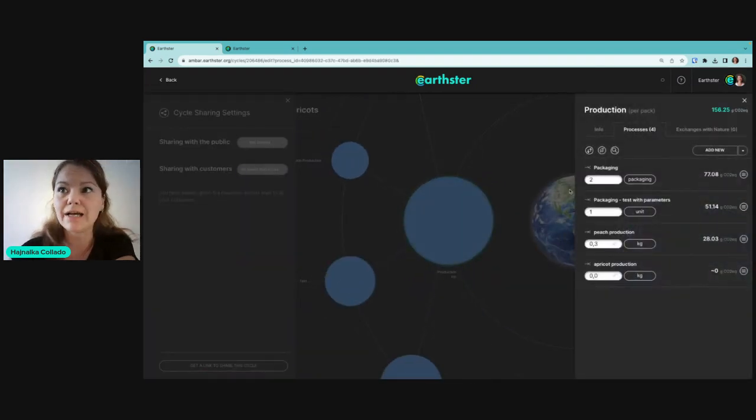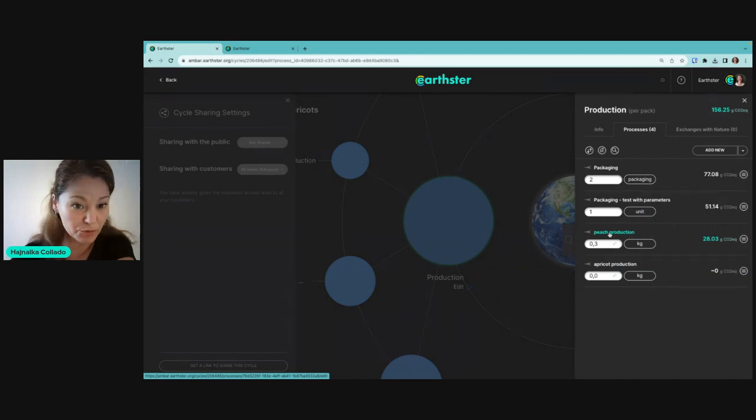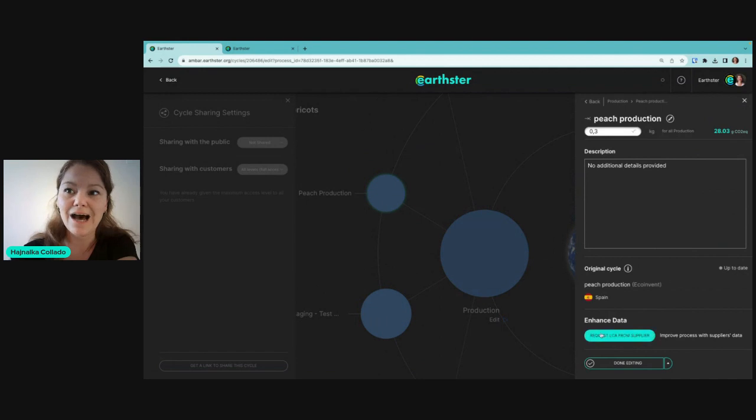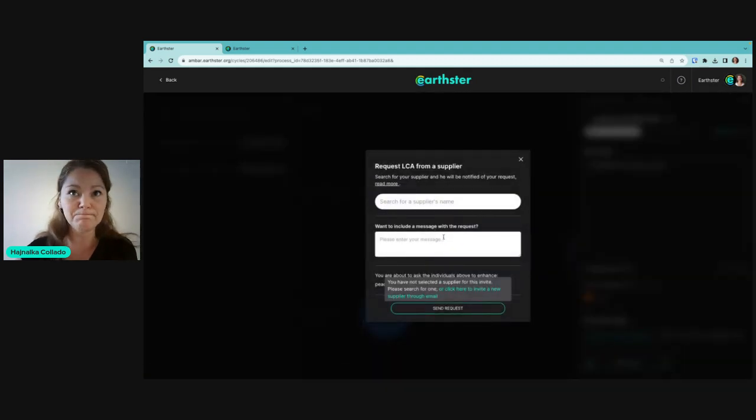And related to that, let's imagine I know the producer of the peaches well, and I want to know their real environmental impact because they are producing without fertilizers, they are using bioproducts, and my assumption is that their environmental impact would be much better. What I do is I request an LCA from them, fill out the email, add a little message, and I